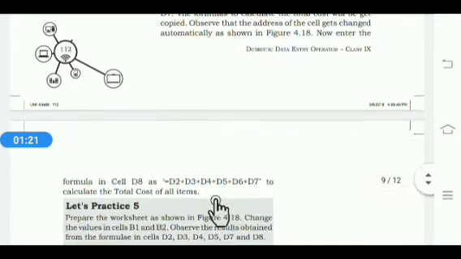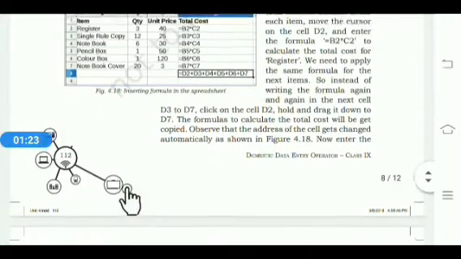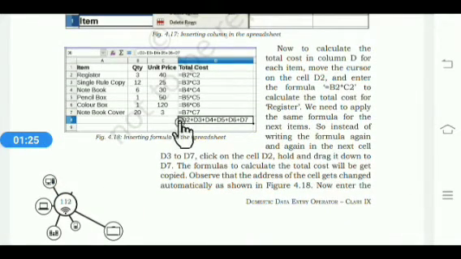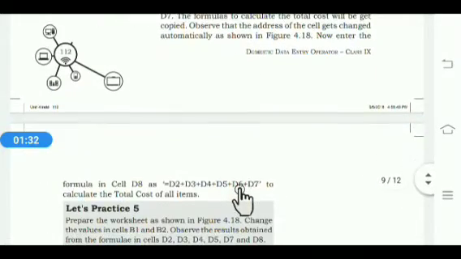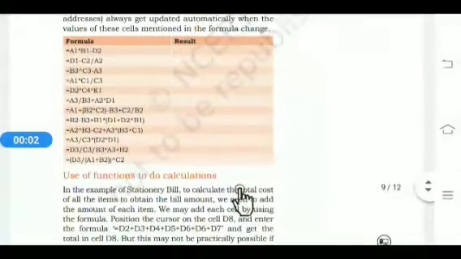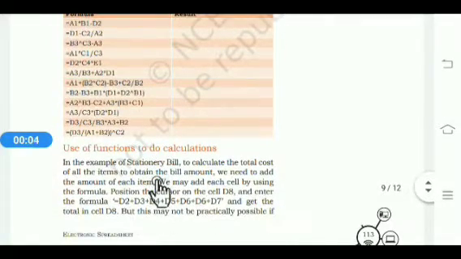Now enter the formula in cell D8, that is equal to D2 plus D3 plus D4, D5, D6 and D7, and then press Enter. Next is the use of functions to do calculations. In the example of the stationery bill, to calculate the total cost of all items to obtain the bill amount, we need to add the amount of each item.